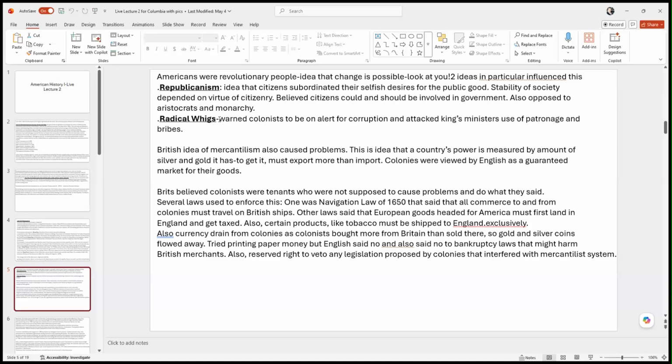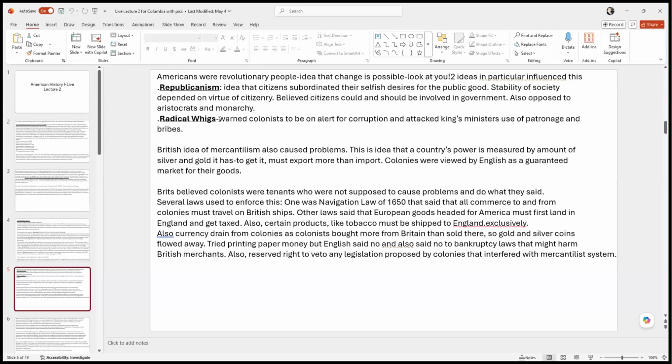If any European companies or markets wanted to try to ship stuff to America, the navigation laws said that first the ships had to stop in England, had to be unloaded, and then the British would tax those goods before they could be sent over to America. So what happened then? Basically, it made any kind of products from any country besides England more expensive. So it was another way for the British to try to basically force the colonists to only buy British goods. Okay.